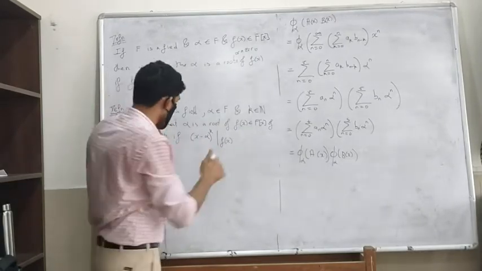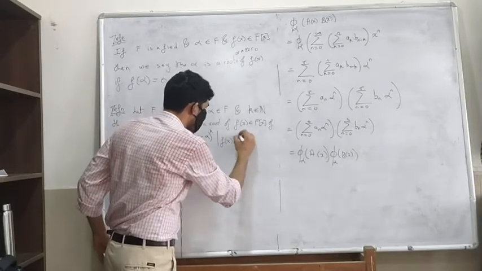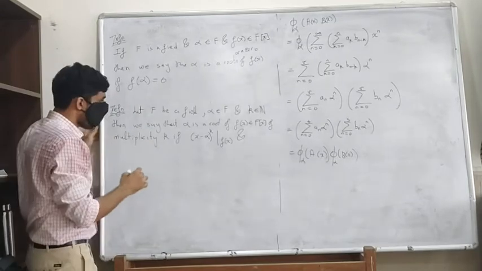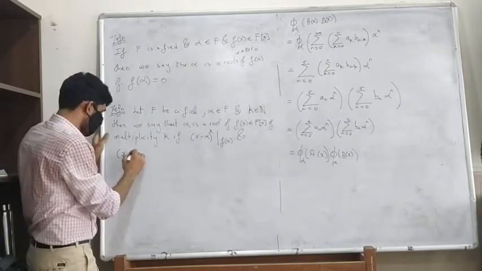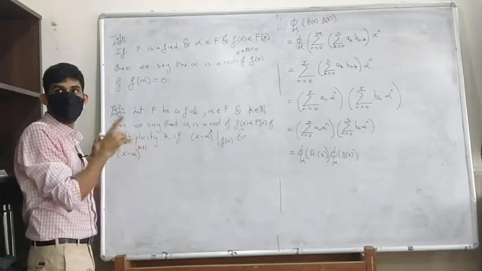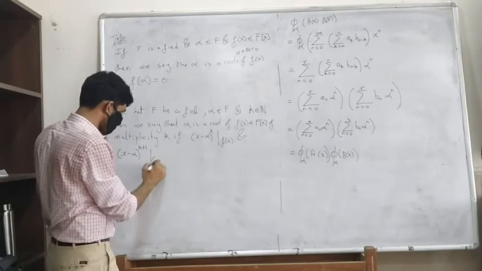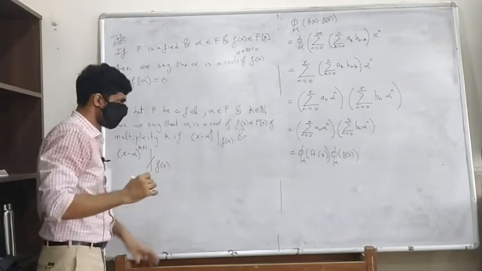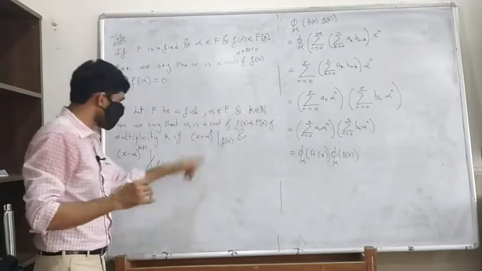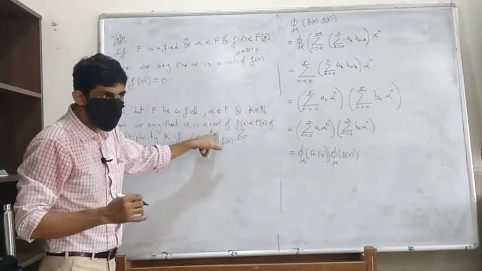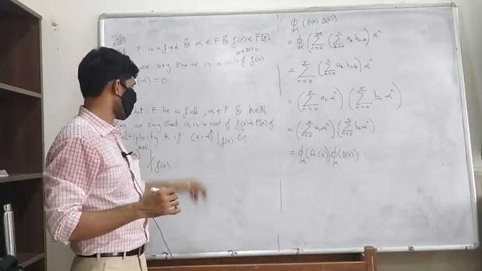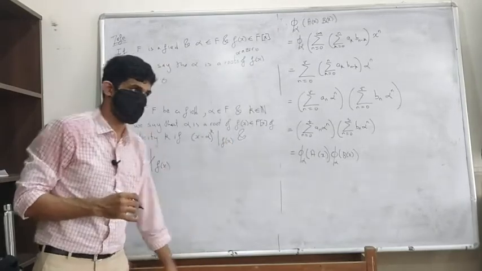If this divides it, and because I want to talk about multiplicity k, this is the natural definition, and this does not divide it. The kth power divides but the k plus 1th power does not divide. So it is the largest power of x minus alpha that divides f of x.